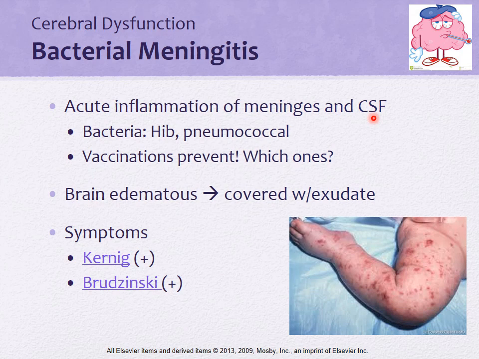All right. So their brain becomes very edematous and it actually is covered with exudate. So remember those areas that were affected, where the meninges are, there's exudate in there. It's really bad. In a baby, what you'll typically see symptom-wise, you'll have poor feeding, fontanelles that are bulging, vomiting, a high-pitched cry, all those things that may be symptoms of an increased ICP.